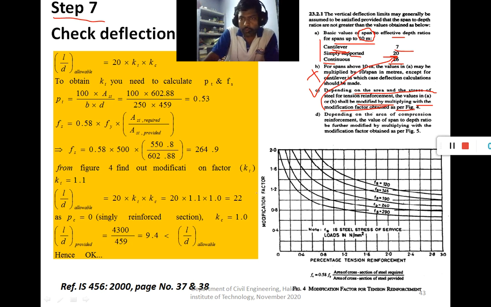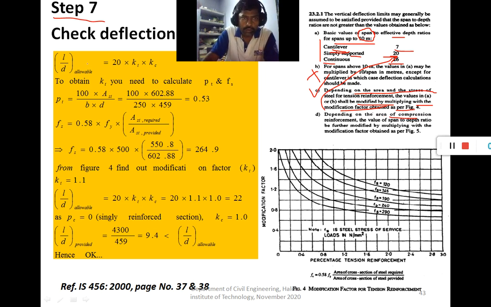Similarly for compression reinforcement, if the section is a doubly reinforced section, the modification factor is again computed and multiplied with the above value.